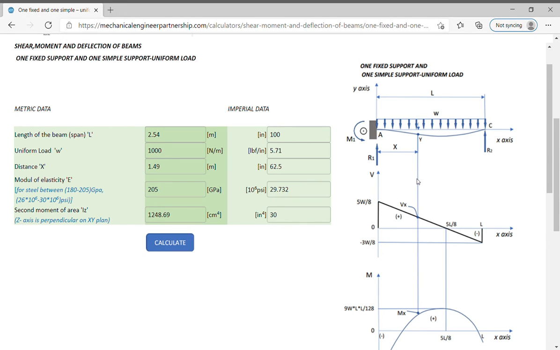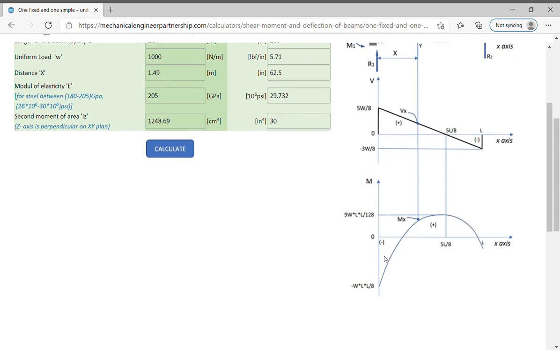Analyzing the graphic we observe the shear force is a linear function, positive between point A and a point equal to 5L divided by 8, and negative between 5L divided by 8 and point C. The maximum value of shear force is at a point. Bending moment is a parabola function of the x coordinate, negative or positive, and maximum in absolute value at a point. The moment has zero values at point C, and at an x coordinate value between A and the point 5L divided